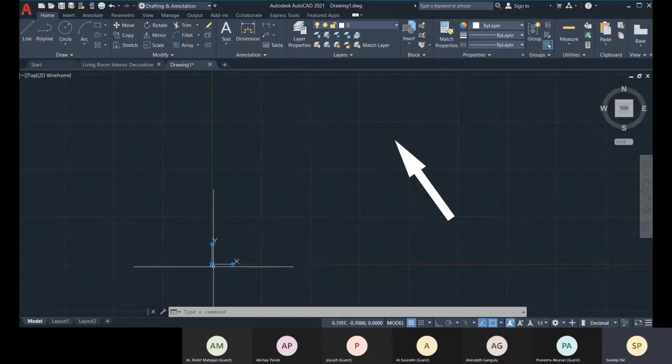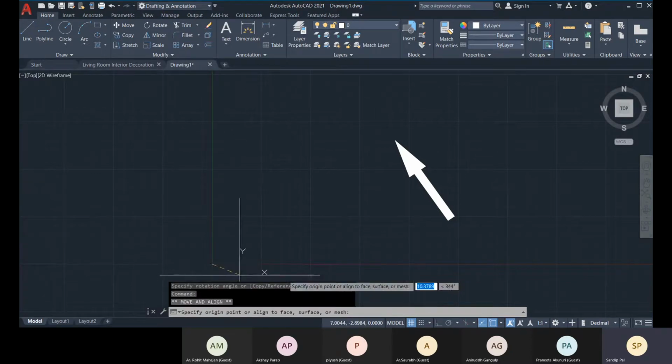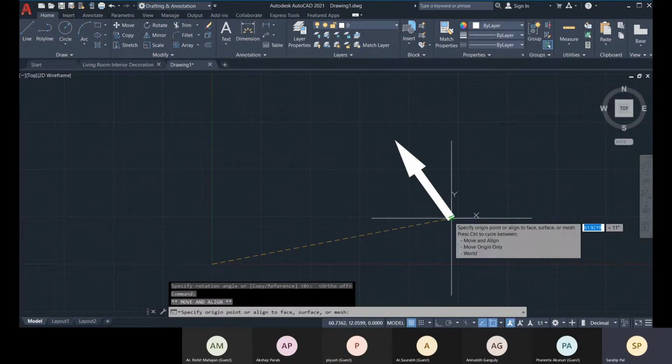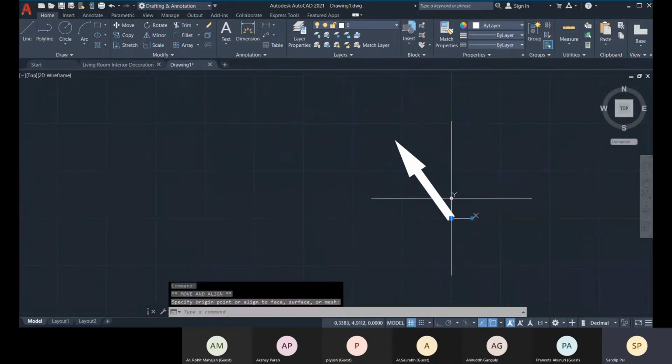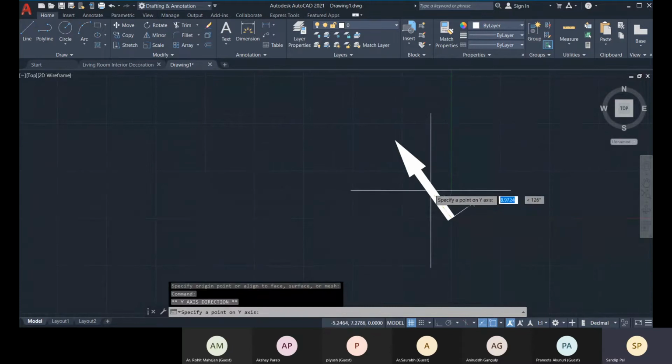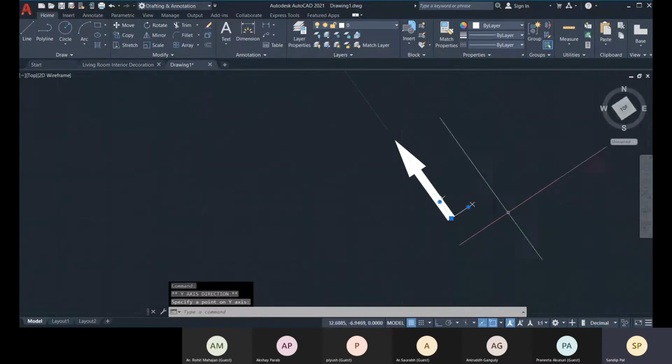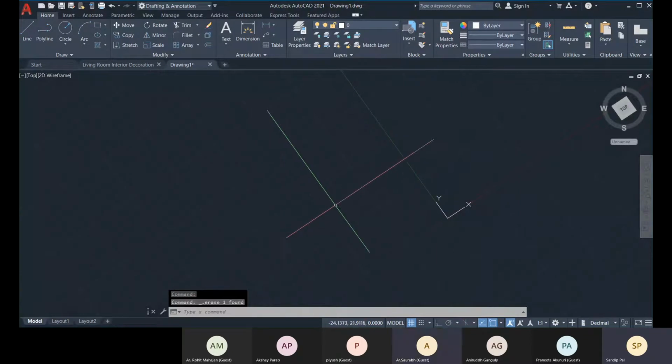So that can be done also. You can move and align. Click over here, that will be the origin point, and after that align with this. Okay, so this way you can also work.